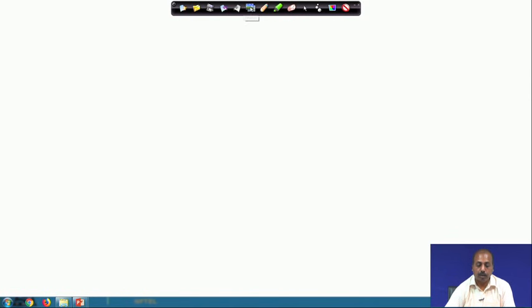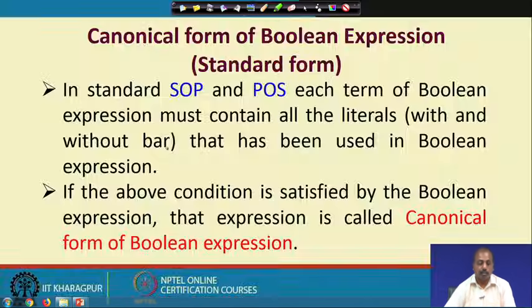Coming back to our discussion, how do we check whether two expressions are the same or not? For doing that there is a canonical representation. Anything that is canonical means all expressions that are equivalent will boil down to the same canonical form. That is the beauty of the canonical form of expression.